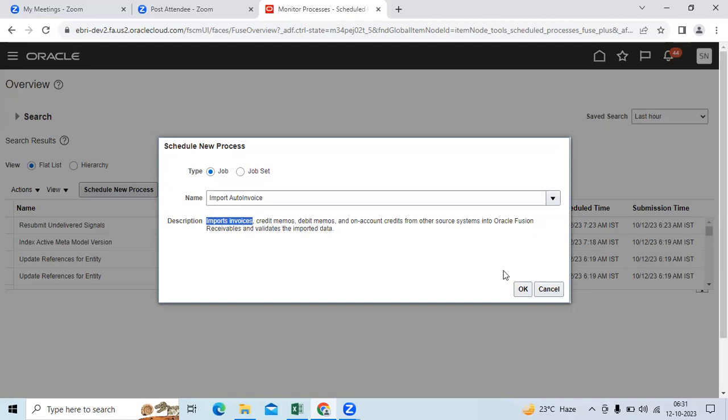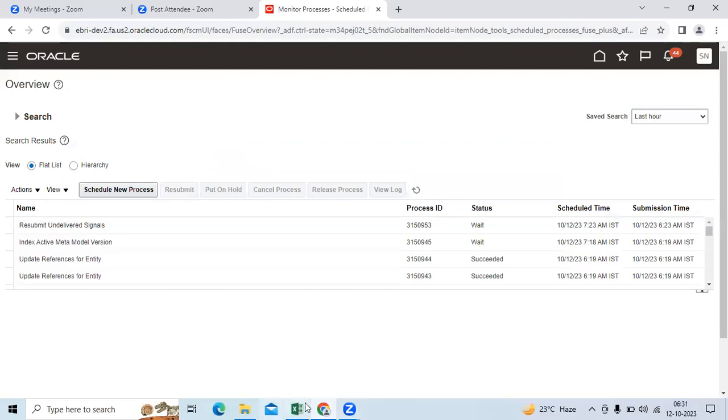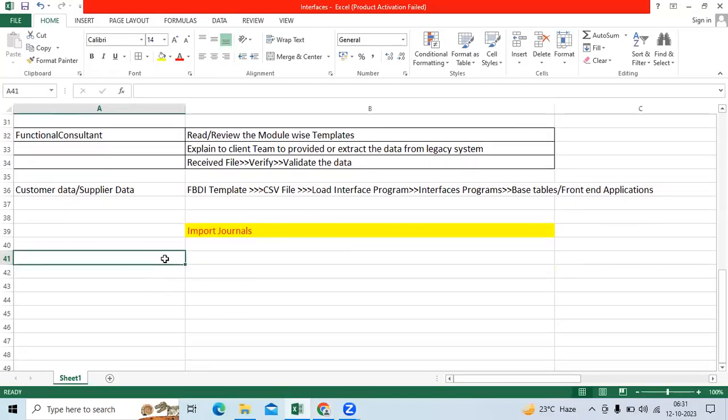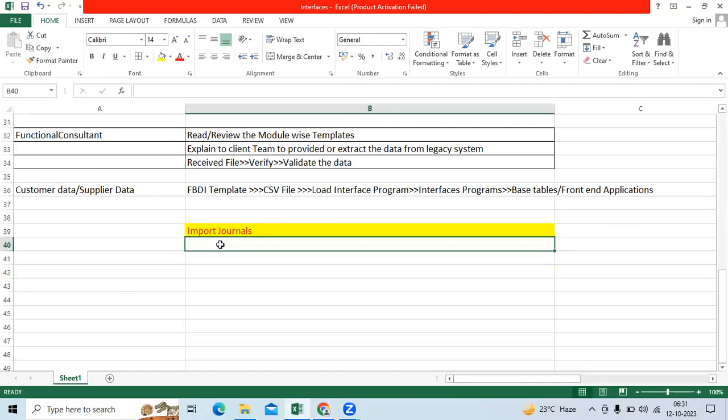You can import daily into the AR module, scheduled or one time for data migration. Okay, right. Once the import process is completed,